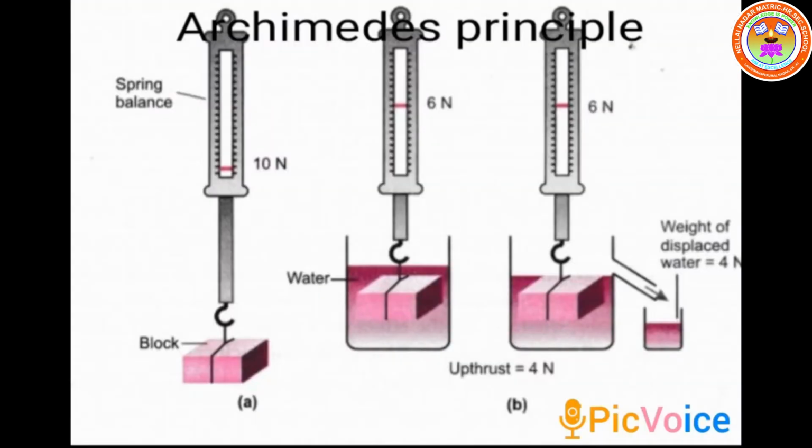Let me pass on to the next topic, which is Archimedes' principle. Archimedes' principle is the consequence of Pascal's law. According to legend, Archimedes devised the principle of the hydrostatic balance after he noticed his own apparent loss in weight. What is that apparent loss in weight? You can consider any object. When you immerse the object completely in water surroundings, you may feel that the object loses some weight. This is what is meant by apparent loss in weight.